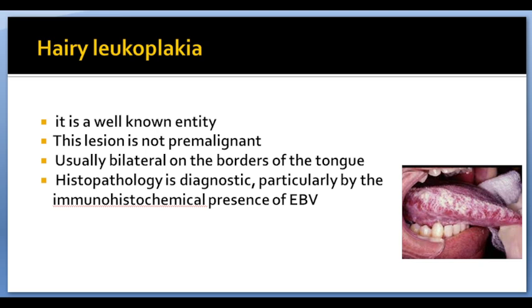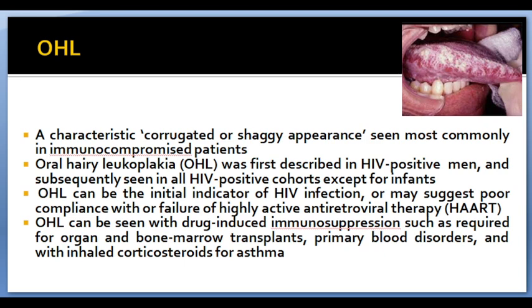Hairy leukoplakia is an important differential diagnosis of leukoplakia. Hairy leukoplakia is seen on the borders of the tongue. Histopathology is diagnostic, and immunohistochemistry confirms the presence of Epstein-Barr virus. It is commonly seen in immunocompromised patients. It was earlier seen in HIV positive men,